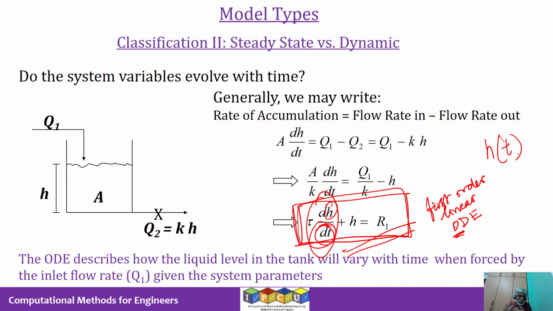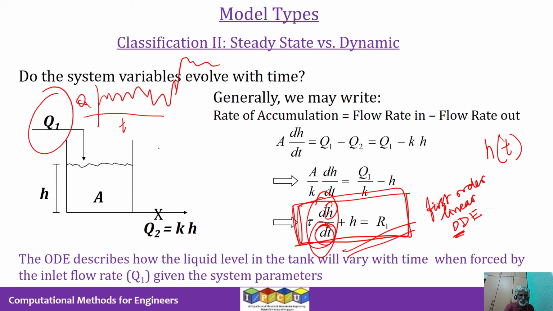As you change the inflow rate to the system, how does the height respond with respect to time? So Q1 changes with respect to time. So this is time, and this is how Q1 changes. Q1 changes like this with respect to time. In response to that, the height would also change with respect to time, right? So the height may be like this. So this equation tells us how H will change with respect to time as Q1 changes with respect to time. All right, so that is the idea behind this equation.